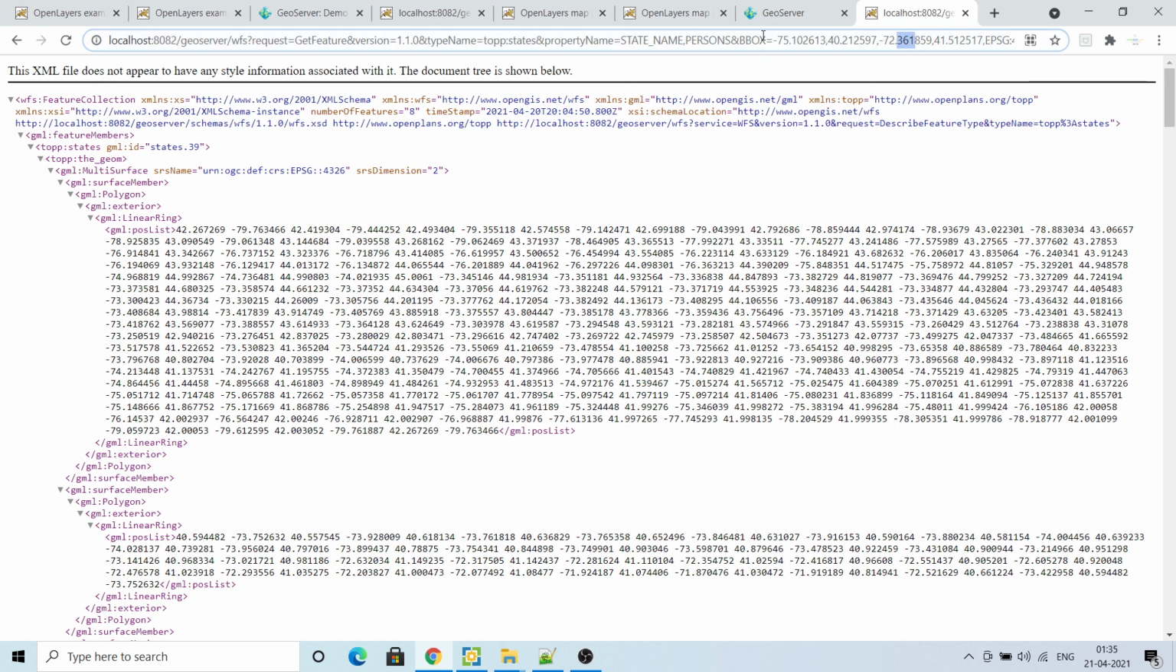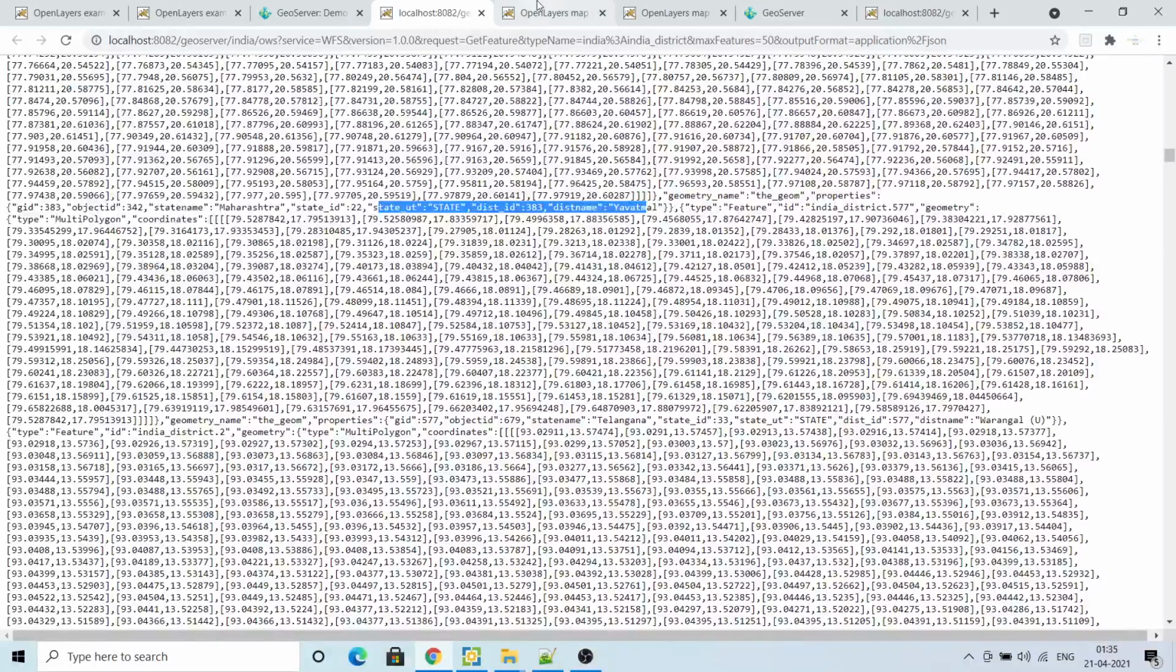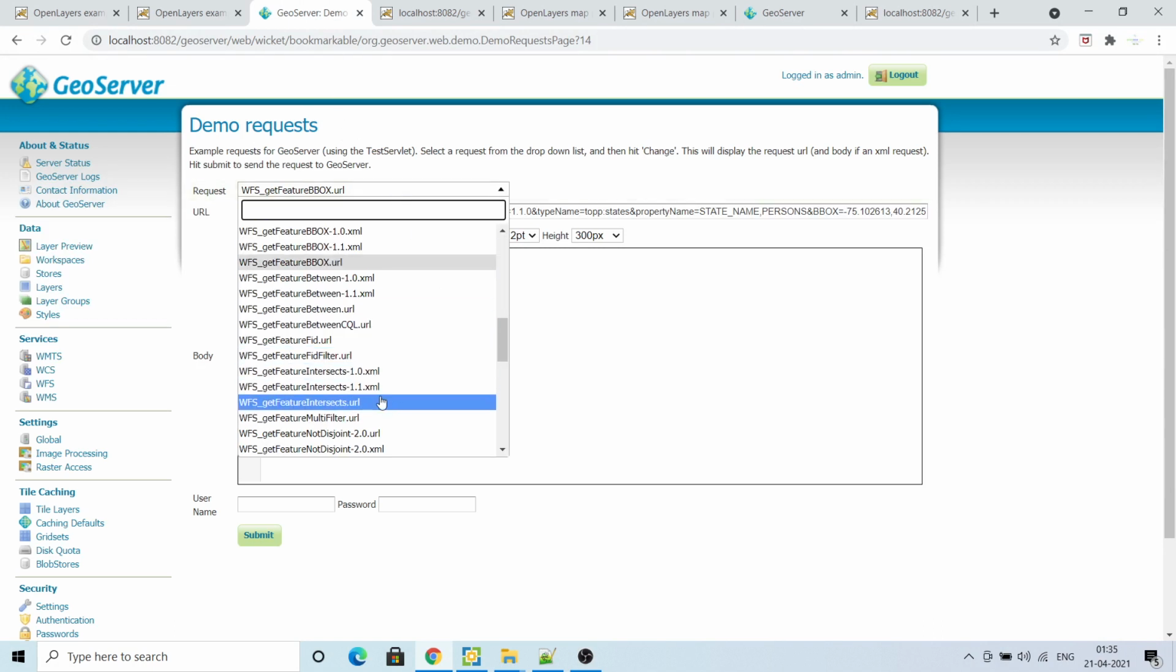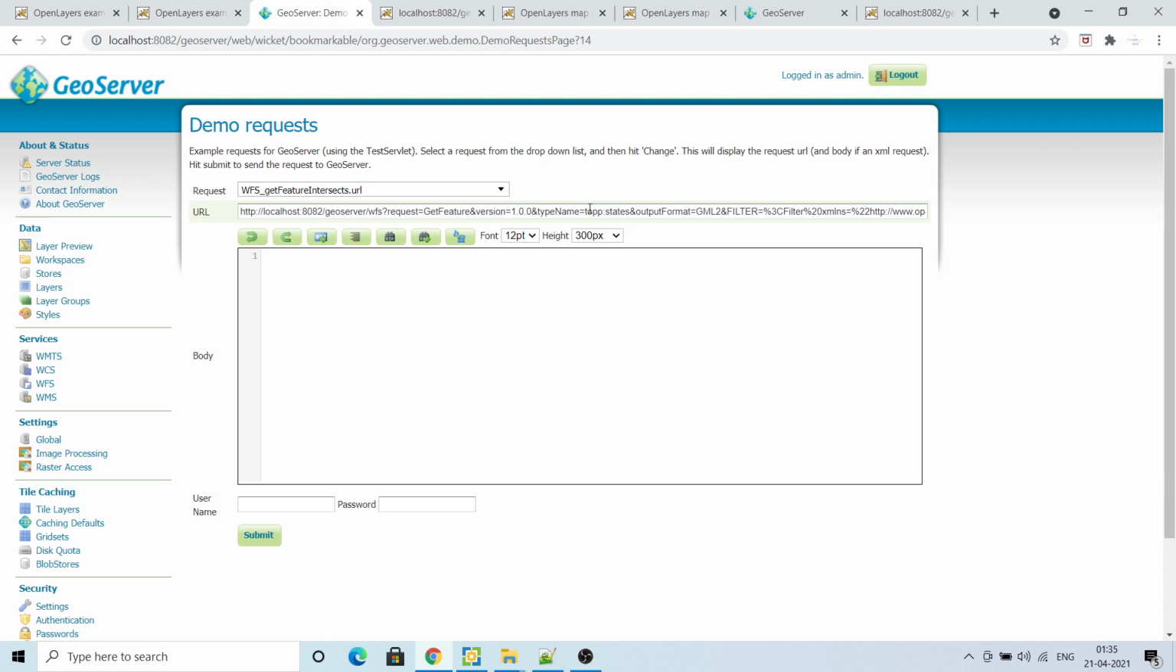So basically inside any BBox, inside any extent, you can change this extent's bounding box, and you will get all the features inside that. There are a variety of options in GeoServer, like intersect also. Intersect means if your one layer is intersecting with another layer, and with any feature, basically you want to select the points coming inside a polygon, you can use this kind of thing,